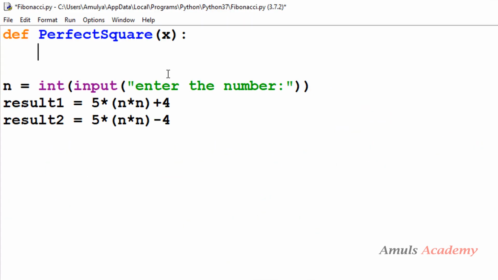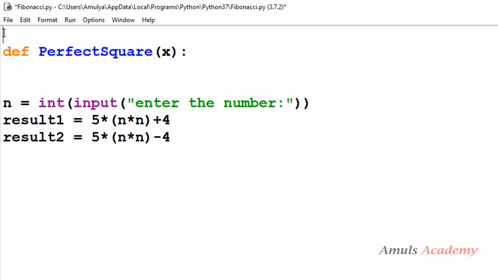So what I'll do is, first I need to find out the square root of this x. To find out the square root of the value, I'll use a built-in function, square root. For that I need to import the math module because that function belongs to the math module. So import math, and here I'll take a variable to store the result and I'll take math.sqrt of x. It will find out the square root of the value and it will give the result as a float. Next, I need to convert the result to int.